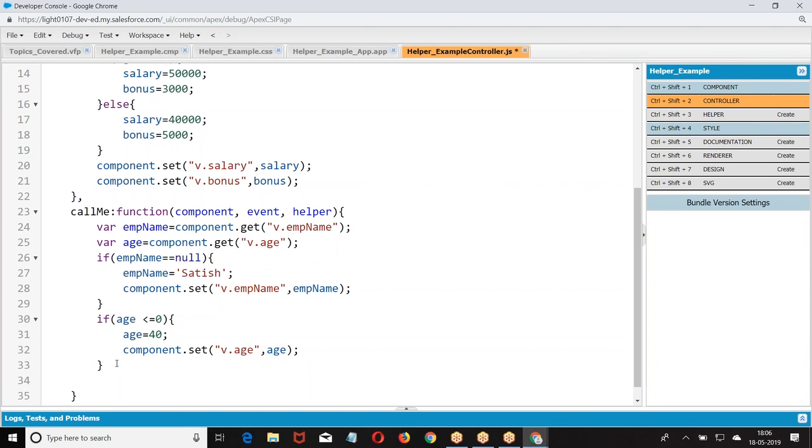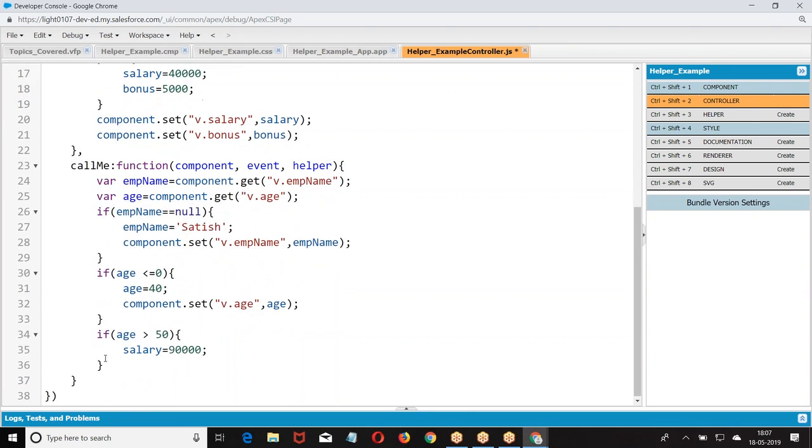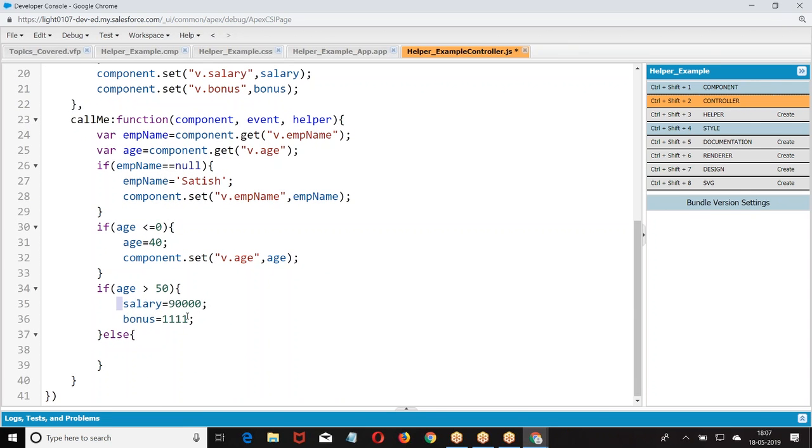Then I told, if age is above 50, else goods.